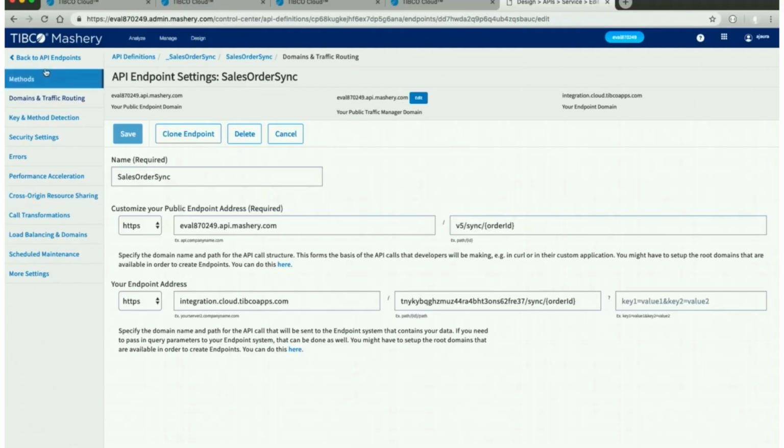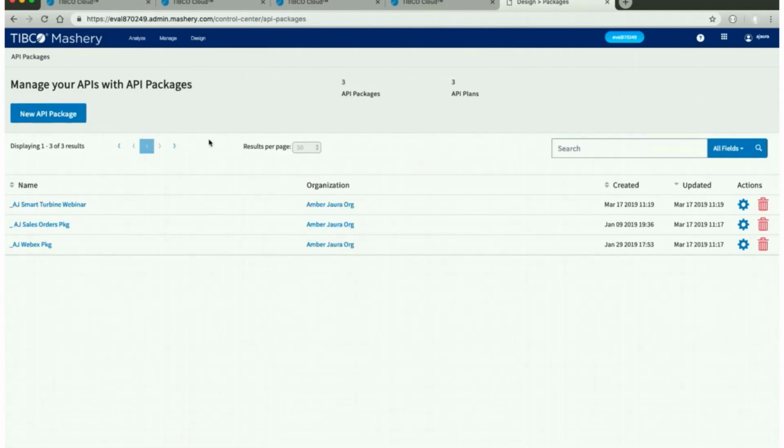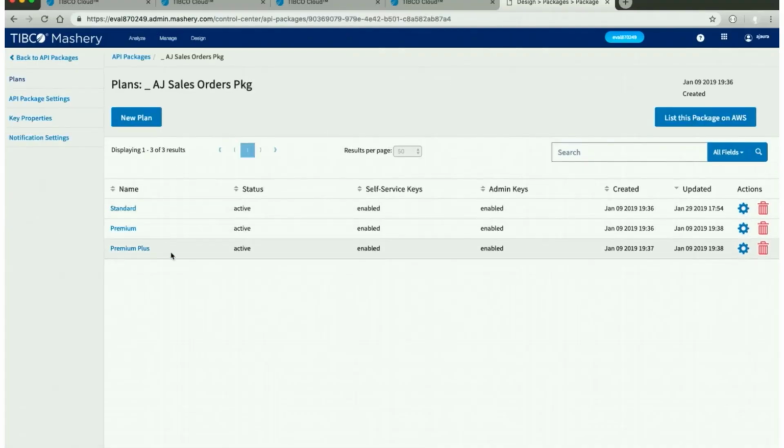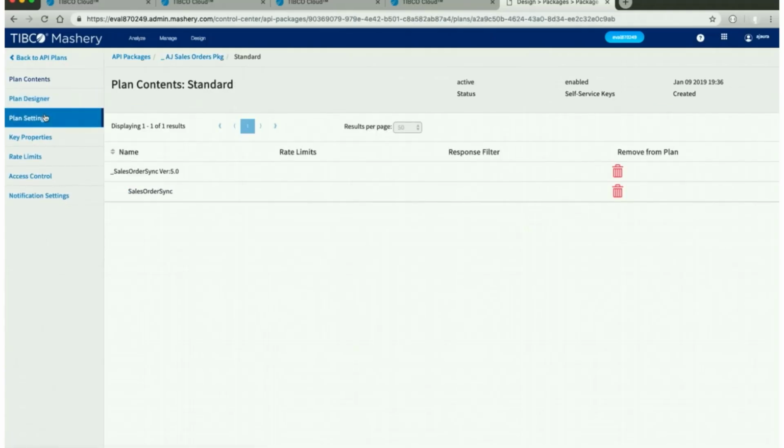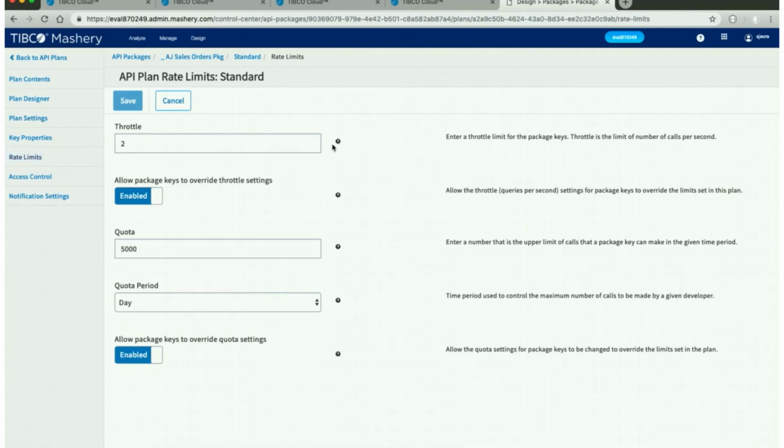And here you're also able to get into the designing packages and plans for these APIs so that you can set aside more things associated with the rate limits, call throttling. Here I've created a sales order package, and you can give different types of levels for those packages, for example, so that in your standard package you have different kinds of settings associated with your rate limits. For example, giving it a certain limit of number of calls per second, establishing quotas for your day or your month or your hour, and kind of enhancing those for different types of packages that your users can come in and register